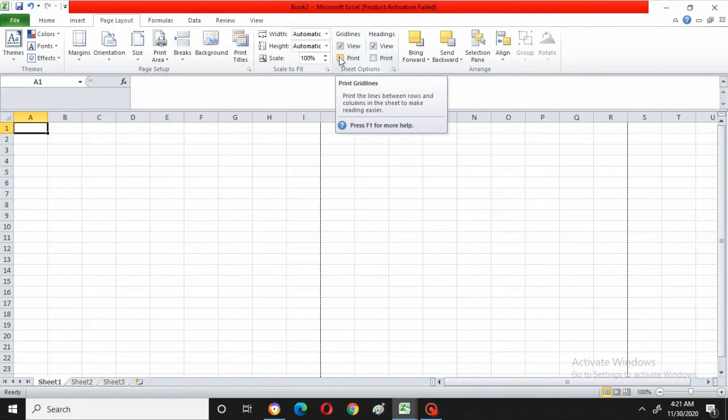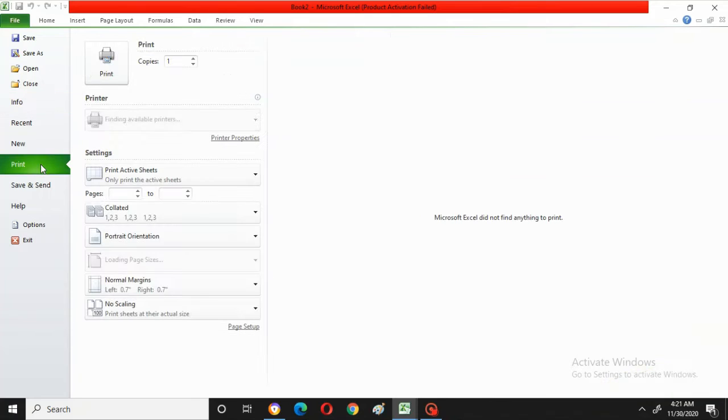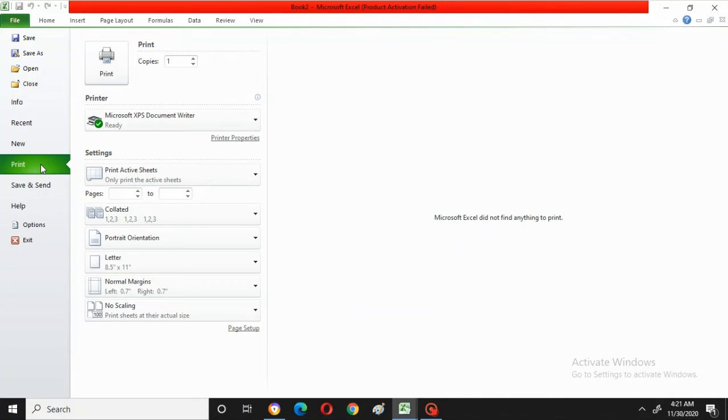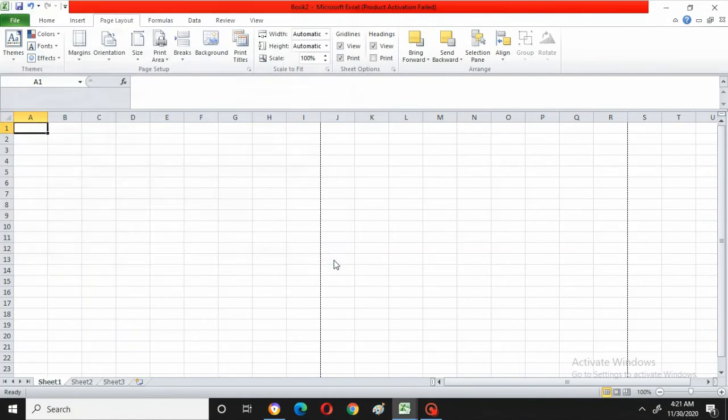I'll just show this. I'll give a click on print and I will go to the file and say print. See what happens. It is saying there is nothing to print, because I have taken that one out. So I will do one thing.